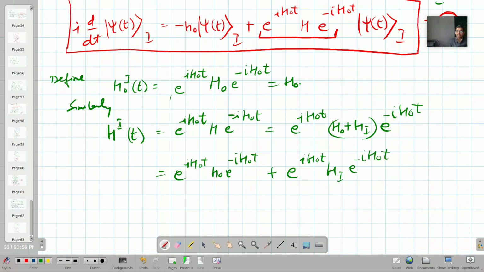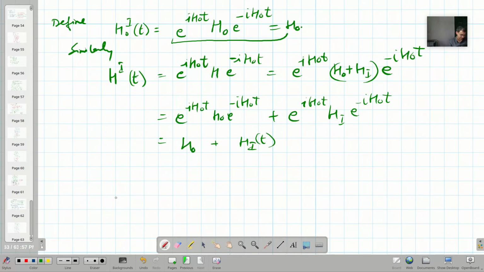As we have defined it in this way, this makes it equal to h naught, and this makes it equal to h I t, right? So therefore this h I t can be written as h naught plus h I t, or you can write it simply like this, right? So therefore equation 6 can be written as